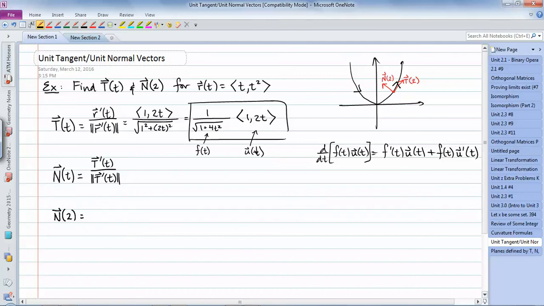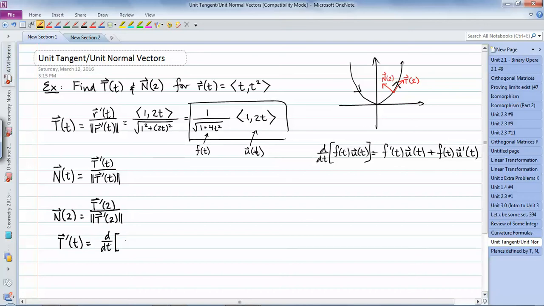So really all we need to do is find T prime of 2. We don't have to worry about all of the general derivative. So this is what we want. Okay, so we still have to, unfortunately, take the derivative of T, but then I don't have to simplify it at all. I can just plug in 2 as soon as we get it. So we're taking d/dt